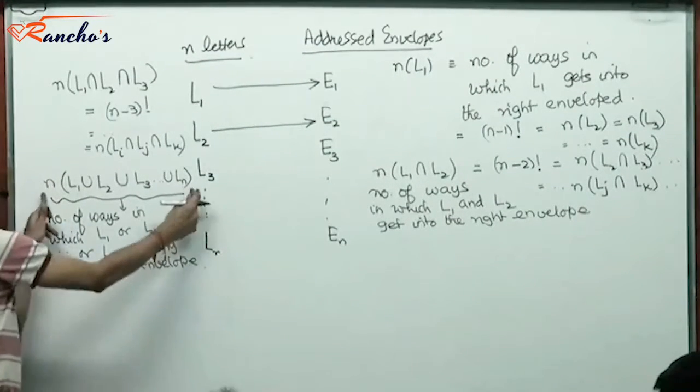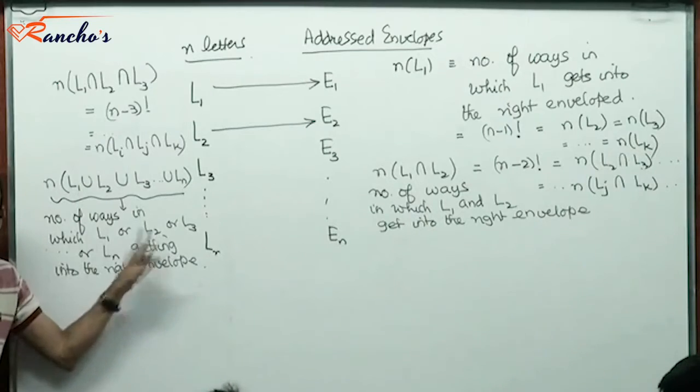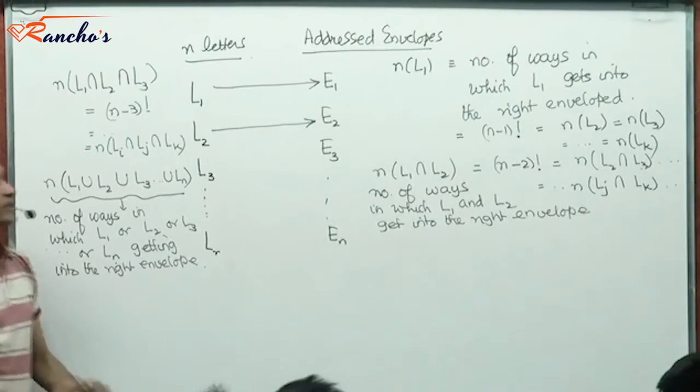That means this would give me the number of ways in which at least one letter would have found the right envelope. There could be more also, right? This is what the symbolism means. Are you all in tune with me? Yes, sir. Right. Therefore,